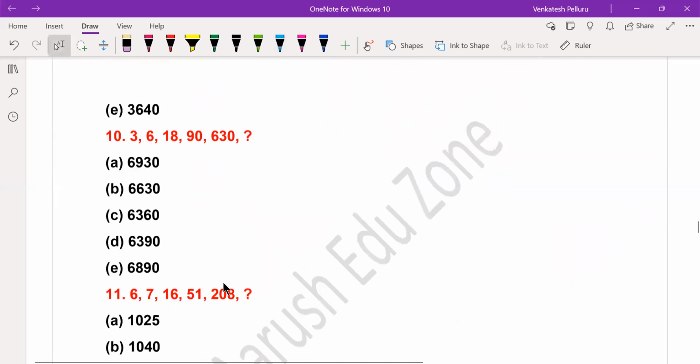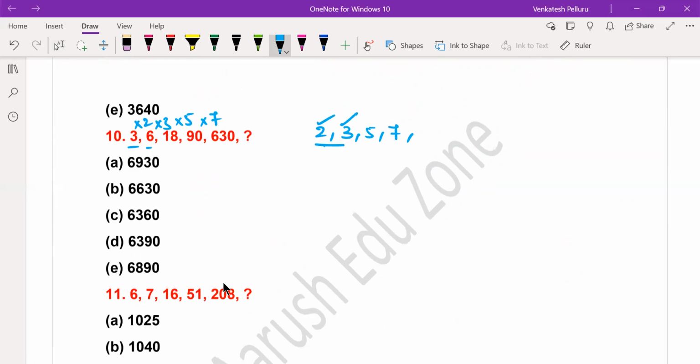Question number 10. So 3 6, obviously it's nothing but into 2. 3 2s are 6, 6 3s are 18, 18 5s are 90, 90 7s are 630. So if you look at the numbers, I'm using 2, 3 followed by 5 and then 7. So when 2 is immediately followed by 3, you have to always remember, and here 4 is not there. When 2 is followed by 3, obviously the next number has to be 4. If 4 is not there, then you have to remember the set of prime numbers. 2 followed by 3, but 3 is not followed by 4 but 5, then they are said to